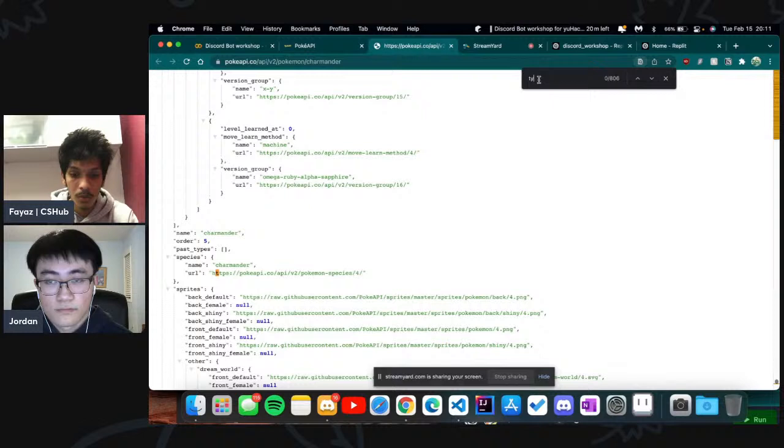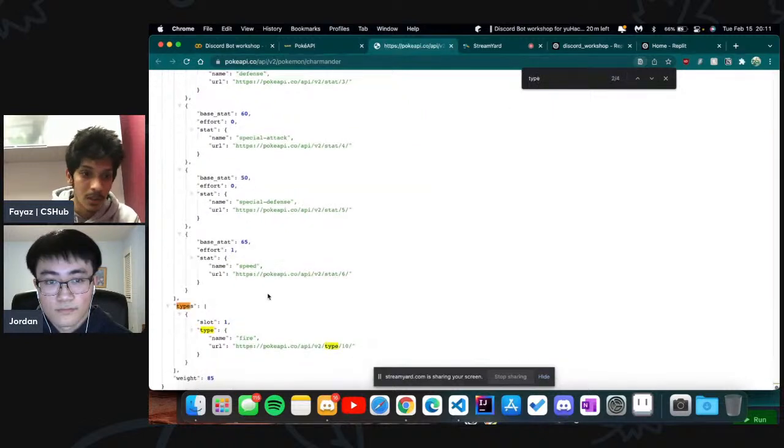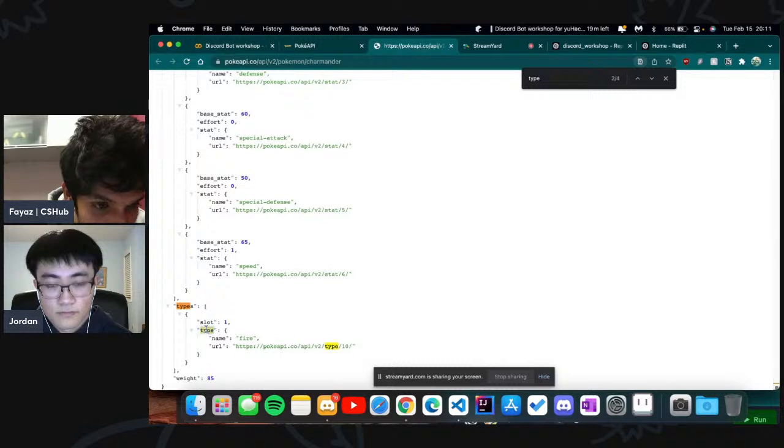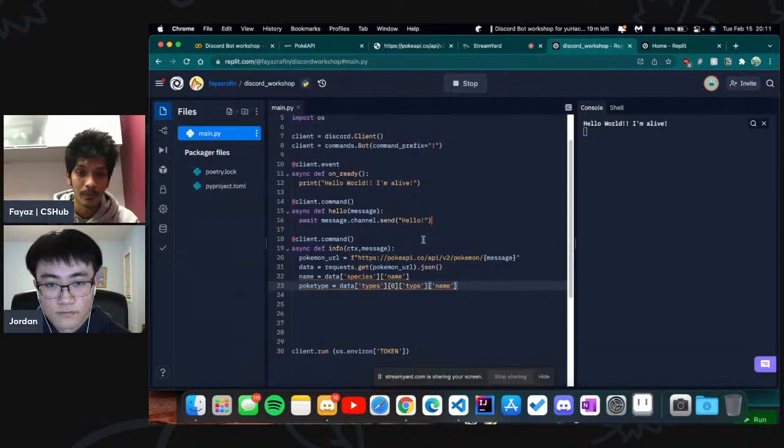So if I do type, we go to types, and there's another subclass here. That's why there is another 0 here to access index 0 for type, because there's something called slot 1 here. So we do types, index 0,